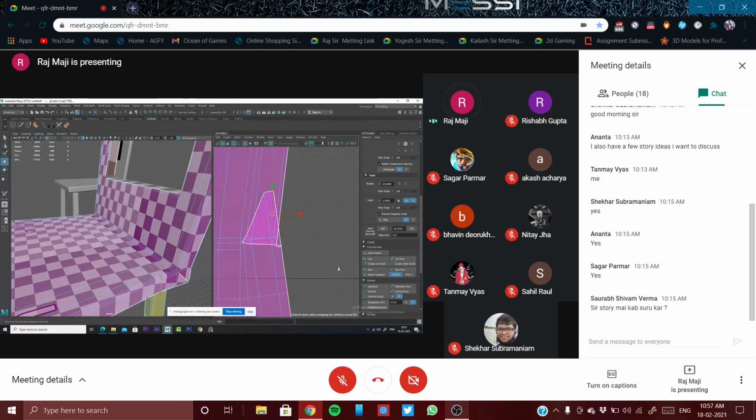So some of the areas you have to work on manually like this, because I don't want any overlapping in that area. Let us check. So it is going to connect over there, right? So selecting the UV and keeping it over there.